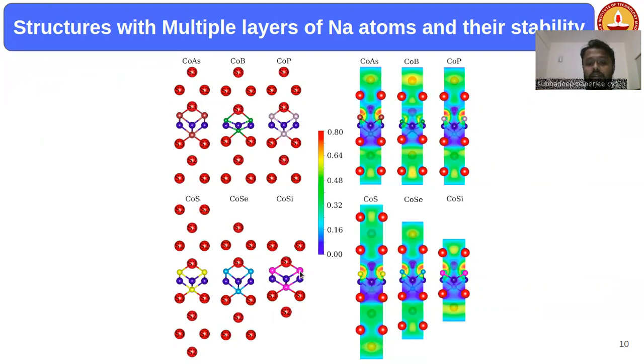For cobalt silicide surfaces, it is only 2 layers, and for cobalt sulfide, we found a maximum of 4 layers we can load. And the stability of this loaded structure can be explained from this right-hand side ELF plot, that